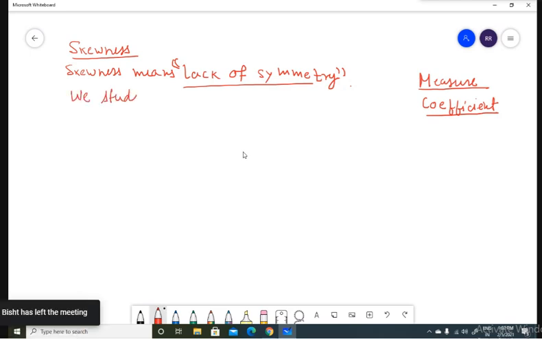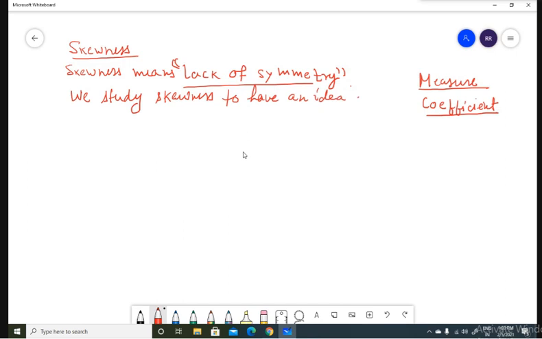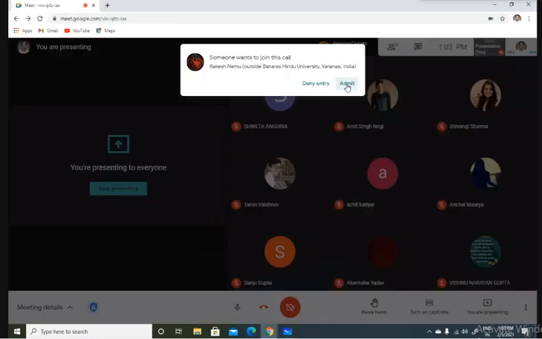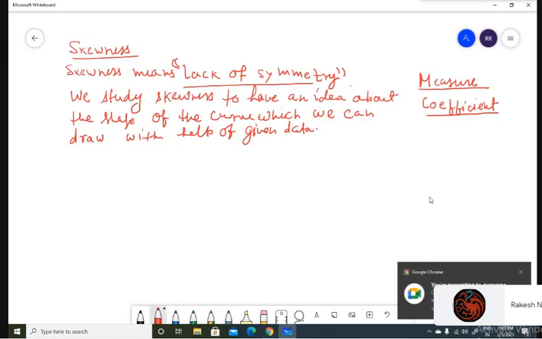We study skewness to have an idea about the shape of the curve, which we can draw with the help of the given data. Okay, and